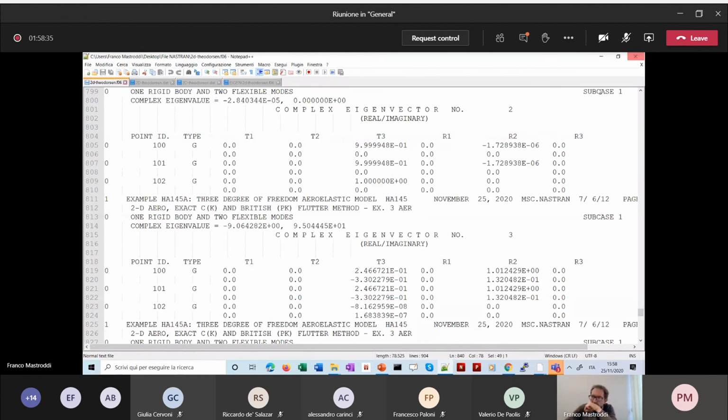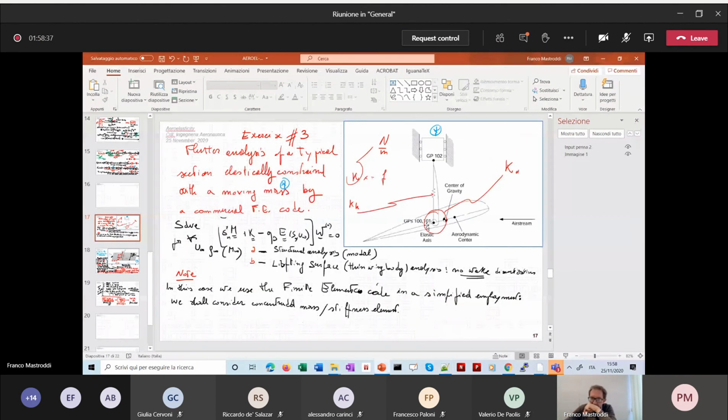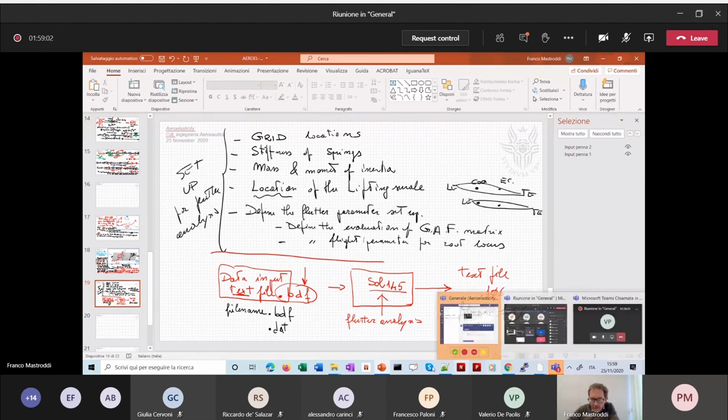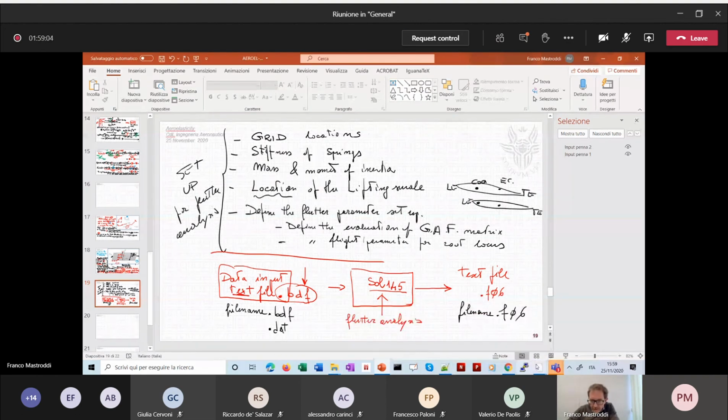So what I want to do is a fast description of our data input, the file .dat, and the data output, the file .f06 that I have just shown to you. And so tomorrow we will describe in detail our data input,